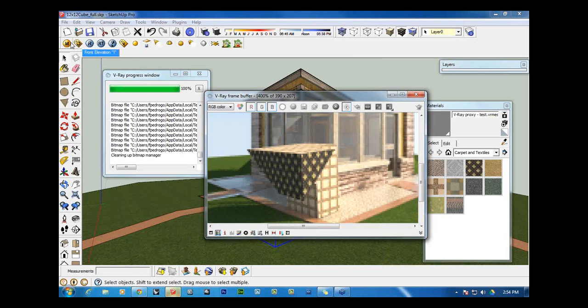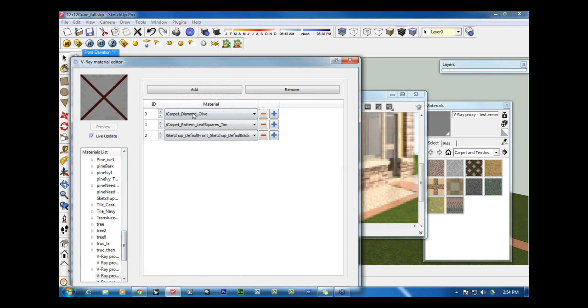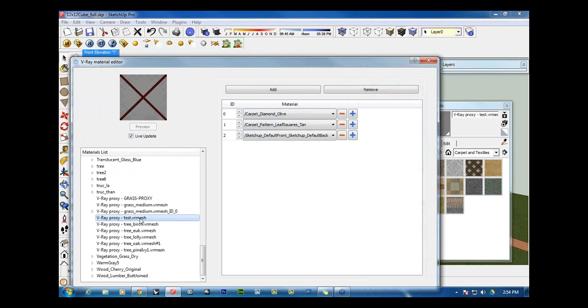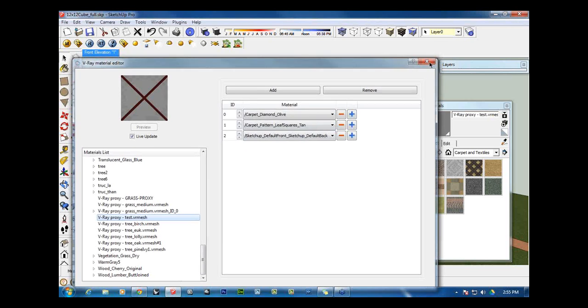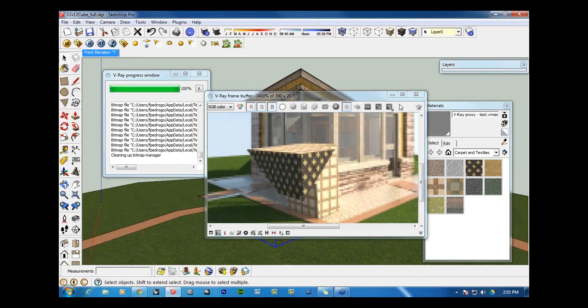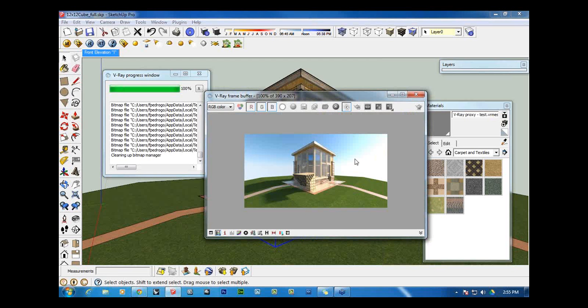If you go to the materials, V-Ray will create what we call a multi-material for that test mesh, V-Ray mesh, with all the three materials that we have applied to it. So V-Ray automatically creates the multi-material for that proxy, if you convert the proxy directly into SketchUp. If I import that proxy, V-Ray doesn't support materials on proxy